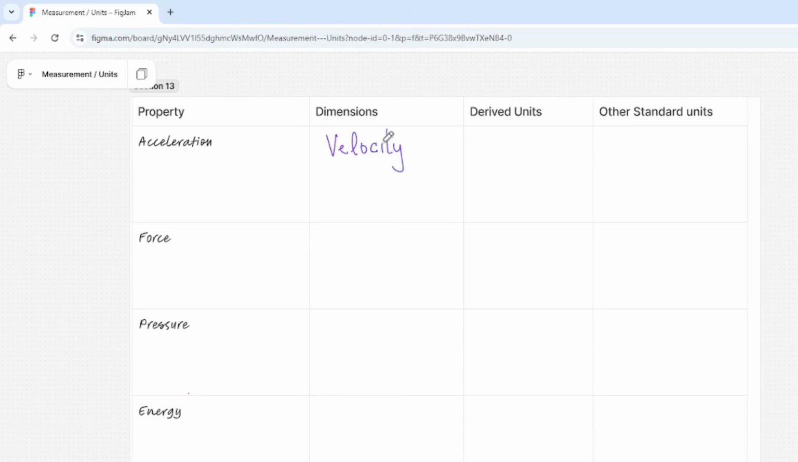And when we say change of velocity per unit time, that means the two dimensions are related through the operation of division, because per unit time means we have to divide the dimension of velocity by the dimension of time. So what will be the derived unit for velocity? We can say it can be meter per second, and now we have to divide this by time. So I'll multiply by the inverse, so 1 upon